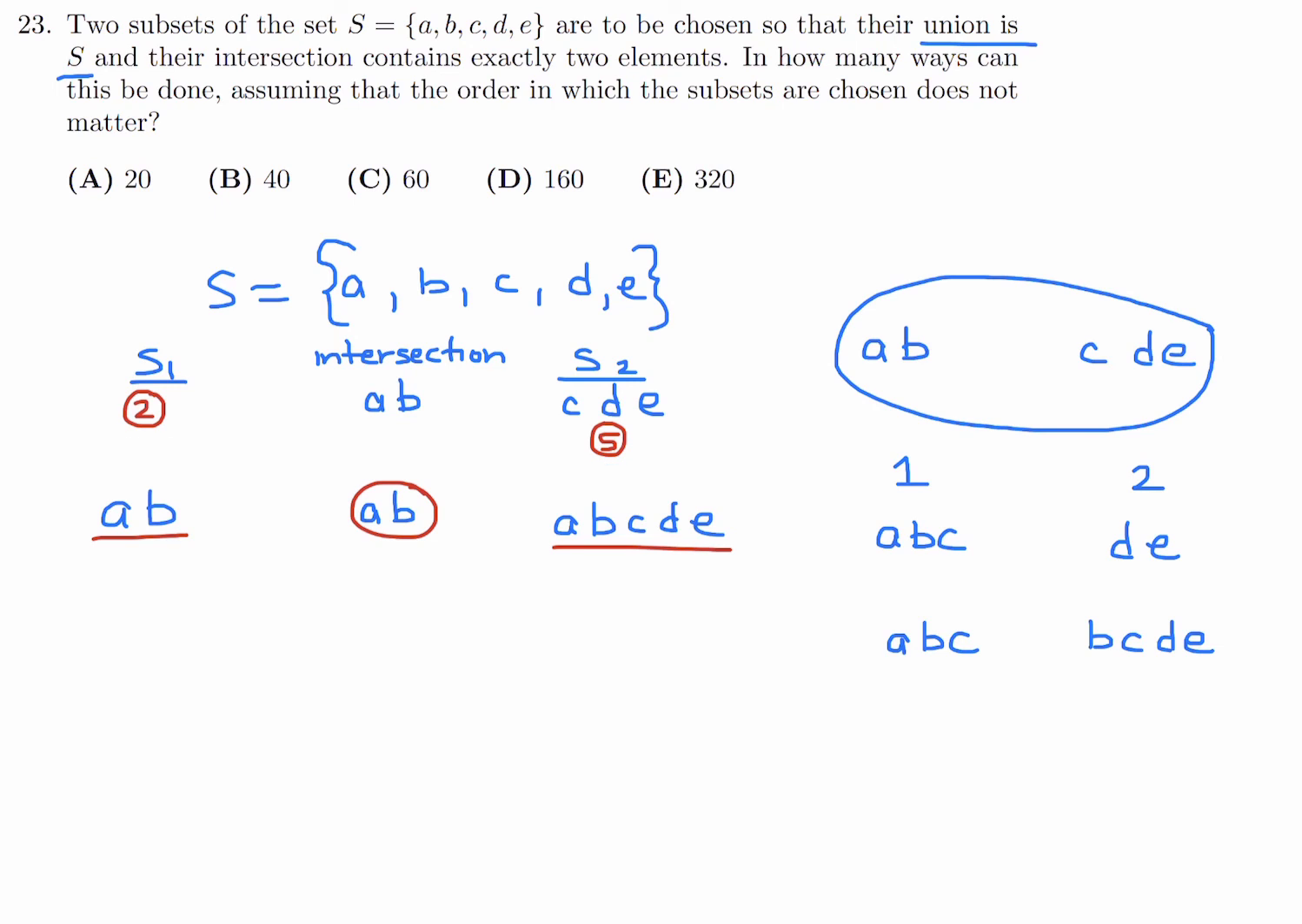I did 2 and 5. Can I do anything else? How about 3 and 4, perhaps? I think that is the only other way I can do this. So 3 and 4. 3 elements in S1 and 4 in S2. So for example,